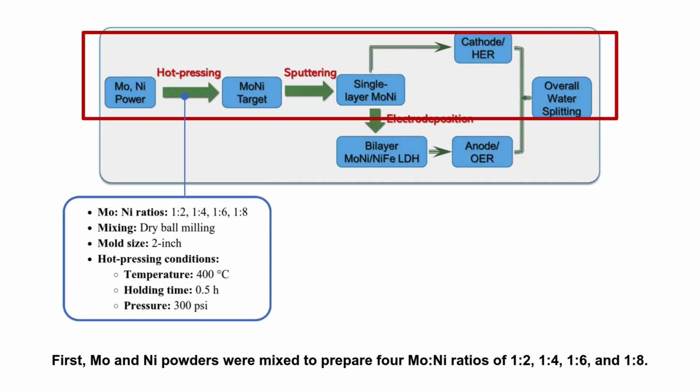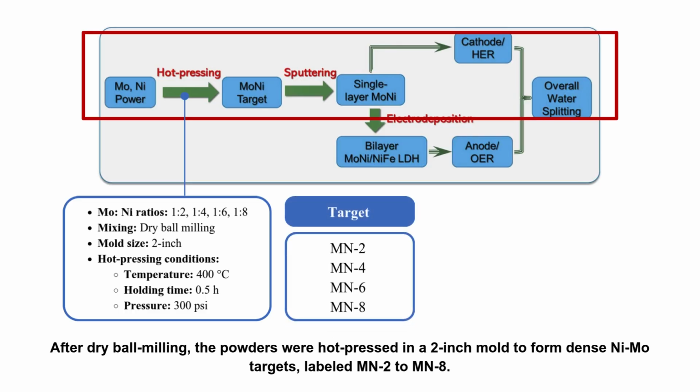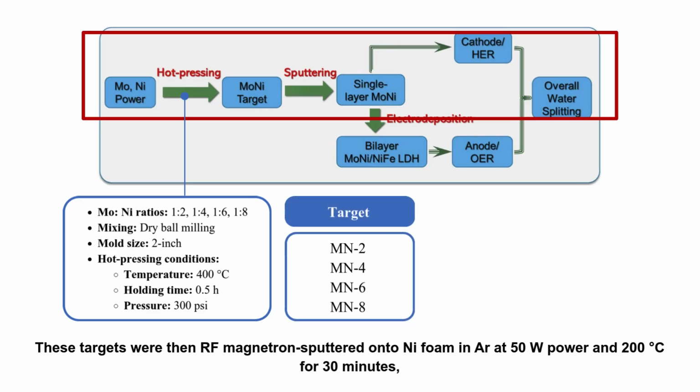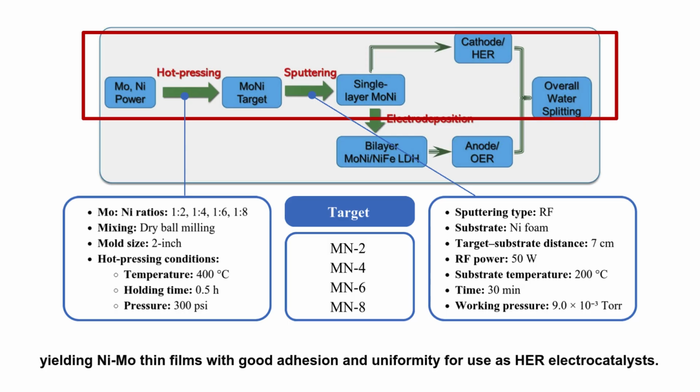First, molybdenum and nickel powders were mixed to prepare 4 molybdenum to nickel ratios of 1:2, 1:4, 1:6, and 1:8. After dry ball milling, the powders were hot pressed in a 2-inch mold to form dense nickel molybdenum targets, labeled Mn2 to Mn8. These targets were then RF magnetron sputtered onto nickel foam in argon at a power of 50 watts and 200 degrees Celsius for 30 minutes, yielding nickel molybdenum thin films with good adhesion and uniformity for use